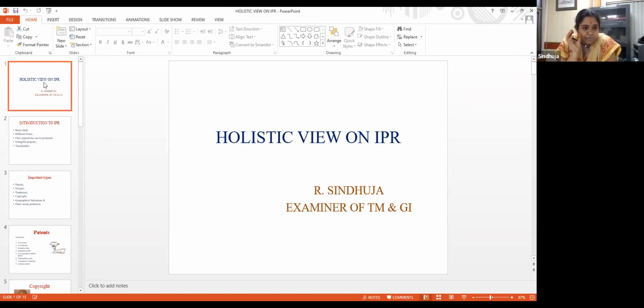That is the beauty of copyright law. It was not very rigid. When it was about to enter the public domain, the law itself was amended in such a way that it does not enter the public domain for several more years. As of now, we are expecting Walt Disney's Mickey Mouse to enter public domain by 2023. Recently I was working on a trademark for Mickey Mouse, so I came to know that it would be entering in 23 now. Okay, it's new information for us also. These are all the interesting things, ma'am.